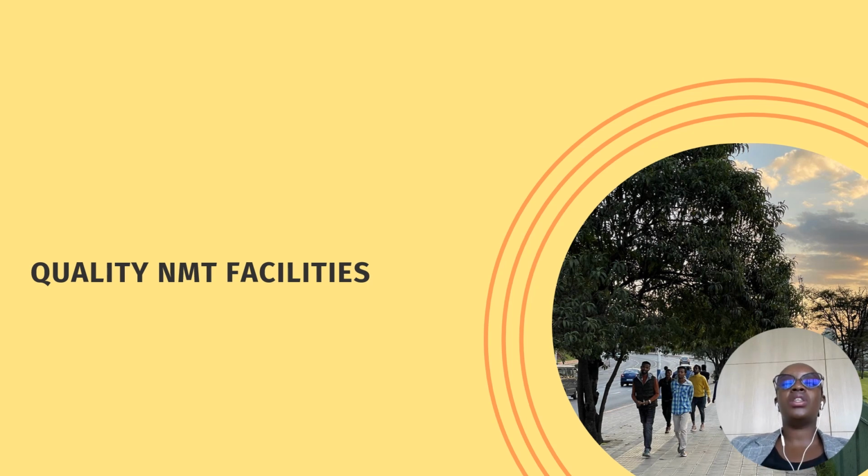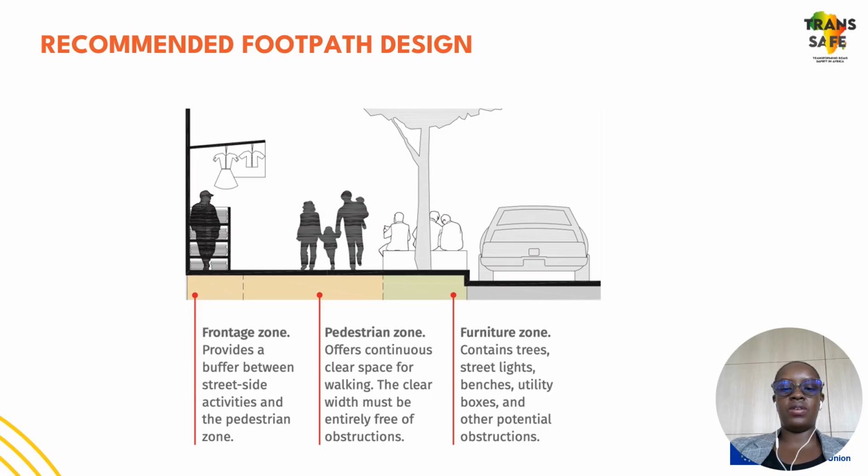One of the things that we have talked about is the fact that we have more accidents because our current urban areas do not cater adequately for NMT users. So how do we then come up with quality NMT facilities and encourage road safety? One,